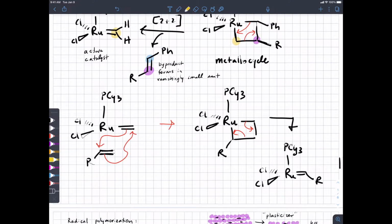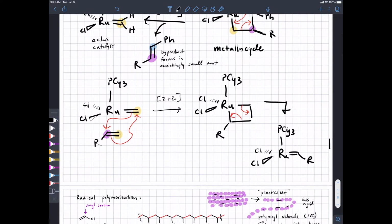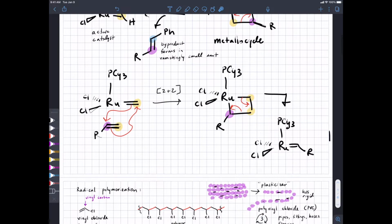So this is the yellow carbon from our original reagent, and then here's the yellow terminal carbon from the second unit of our alkene, and here's the purple internal carbon. Again, we're going to do the 2 plus 2, trading 2 pi bonds for 2 sigma bonds. See, we've now made a sigma bond between yellow carbons, and we're making a pi bond between purple carbon and ruthenium. Sorry, I'm getting ahead of myself. We're trading a pi bond for a sigma bond between yellow carbons, and this pi bond for a sigma bond between ruthenium and carbon. We again get this metallocycle, and then if we do the retro 2 plus 2, we